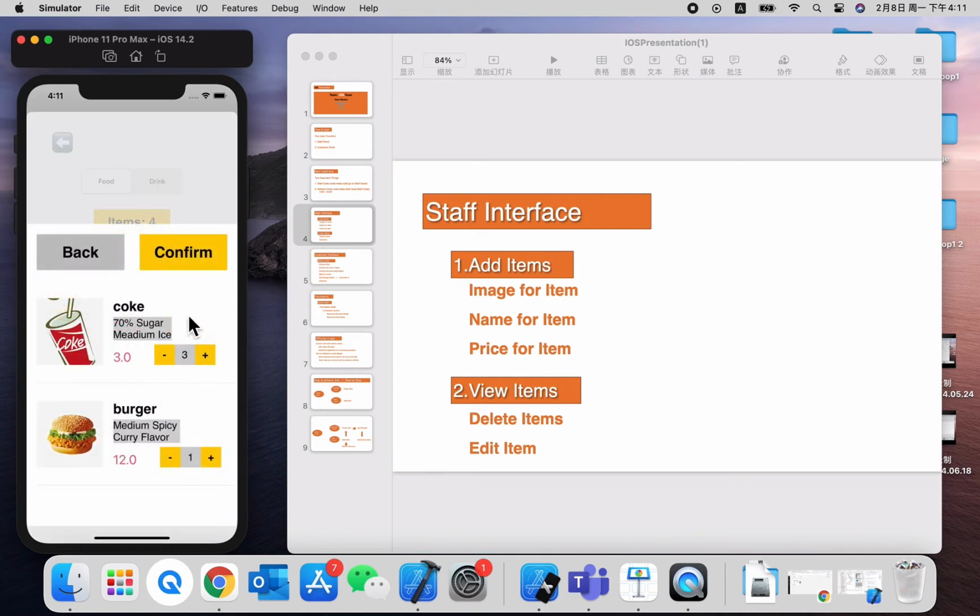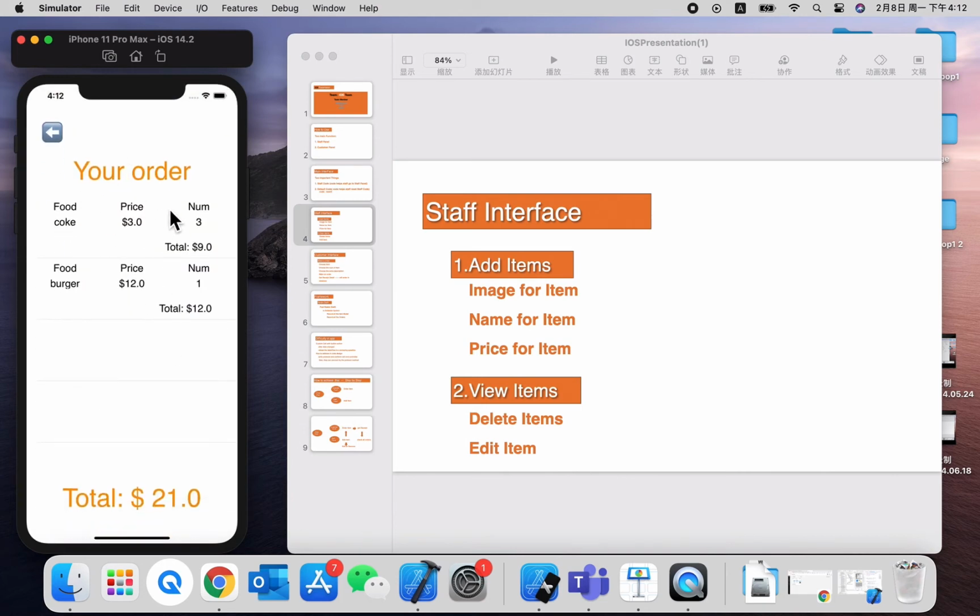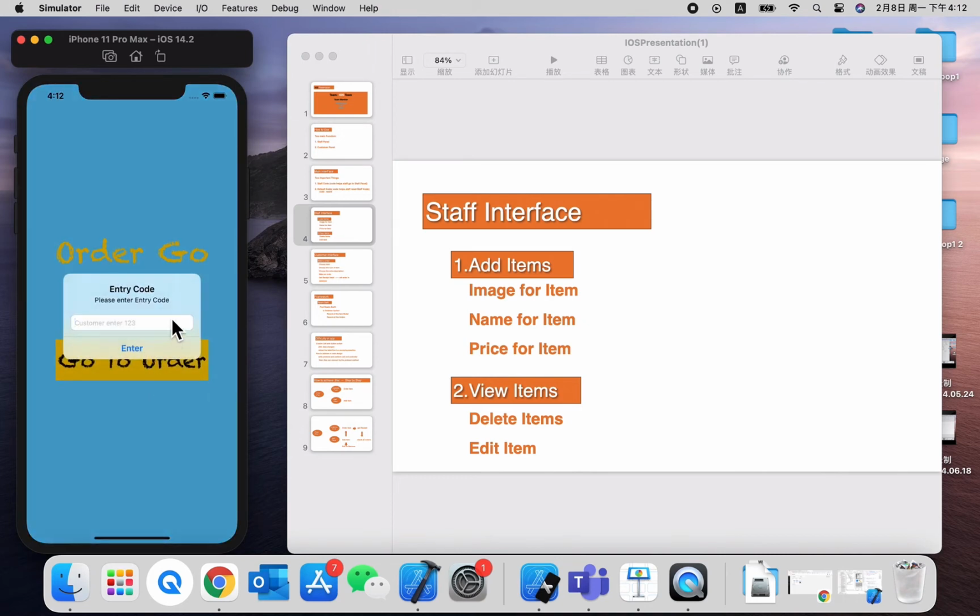Now we order the 4 items here, and we just click confirm, and confirm again. So now we can get one receipt about what we ordered, and the total price here. Now we make the order here, and if you are staff, and you want to check